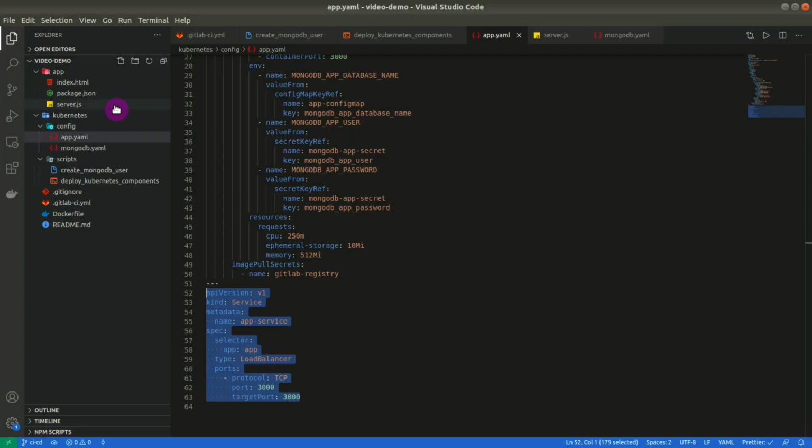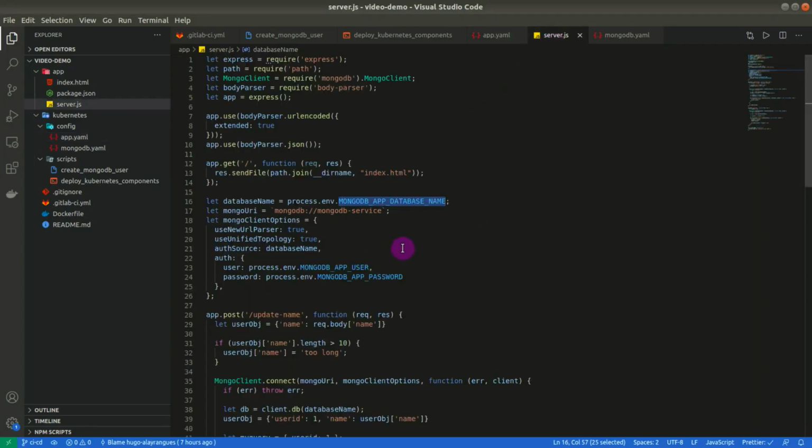So if we come back to the code here, our application needs to connect to a database, a Mongo database, the app database name, with the app user and the app password. The issue here is that we did not create the app user yet, and this is why we created earlier